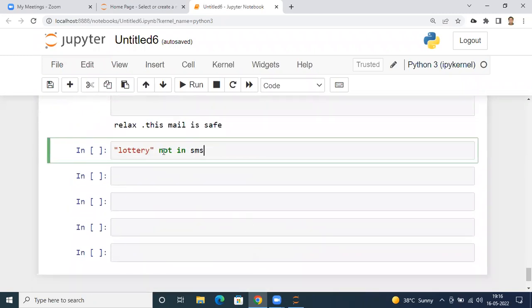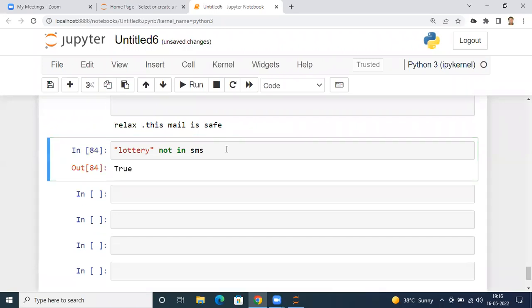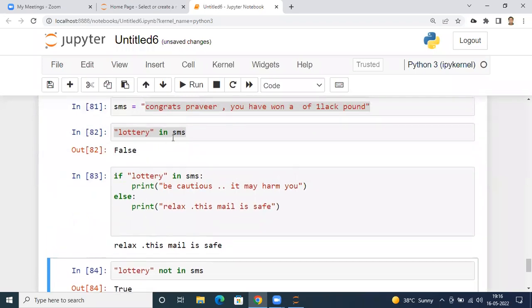So right now, what will the result be? It will result in true. It is asking the question, lottery not in SMS, and yes, lottery is not in SMS, so it will return true. Because the lottery word is not there, it does the opposite of in, right? That's why not in. Read it like pure English. Otherwise, I was saying